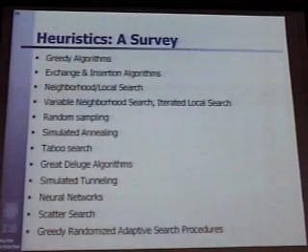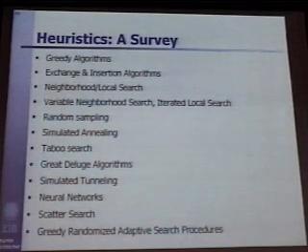And here is just a list of names of heuristic approaches that have been used in practice. Greedy algorithm, that's a simple one. In the traveling salesman problem, it's also called nearest neighbor. You start at a node and look for the nearest neighbor, go to that. Look for the nearest neighbor not covered, go to that. Keep on going and finish, okay? What can you say about this? The insertion exchange algorithm is something easy. You have a tour and then you make a swap. If it becomes shorter, you keep the swap and do that again. Good algorithm. Neighborhood search, variable neighborhood search, simulated annealing, taboo search, simulated tunneling, neural networks, and so on.